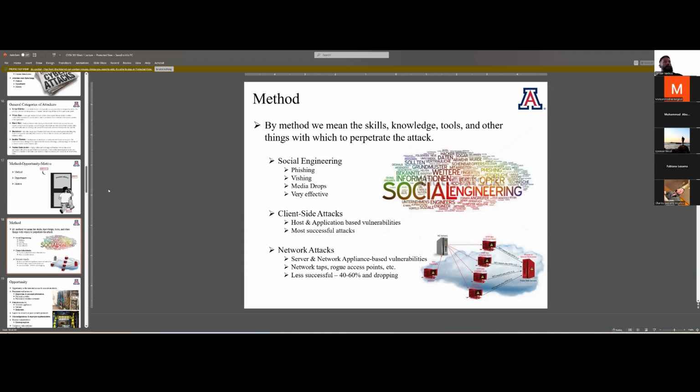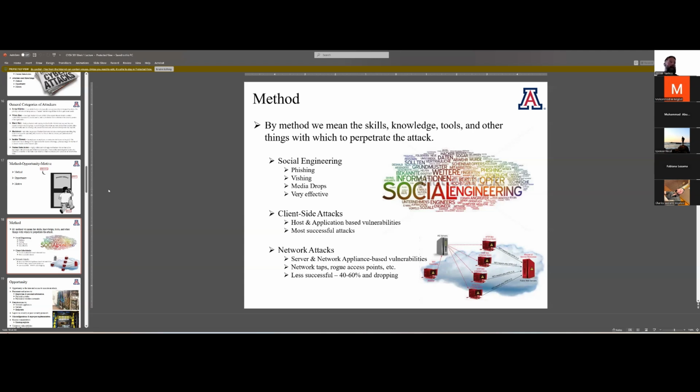Media drop is when you take a thumb drive with, let's say, some malware on it, and you load it on 20 different USB sticks, and you throw them in the parking lot or the conference room or the cafeteria. People love to pick stuff up like that and then shove it into the computer, and they have no idea how dangerous that is. So again, a very effective move for them, but that all falls under social engineering.